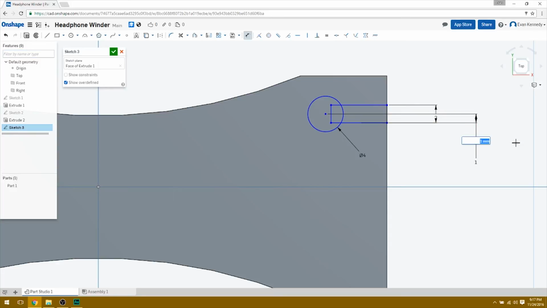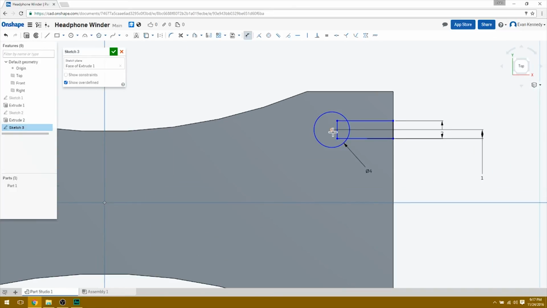So if that was like 7.432, for example, you could type in 7.432 slash, or divided by 2. So in this case, I could go 2 divided by 2, and that will position that to 1. Just a pro tip there for you. Now the other thing I want to do is I want these to line up. So what I'm going to do is I want the center point of my circle to attach to the end of this rectangle. So I can set the distance between that center point and this line to 0, and it